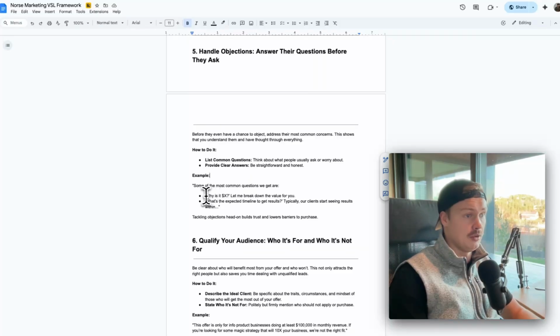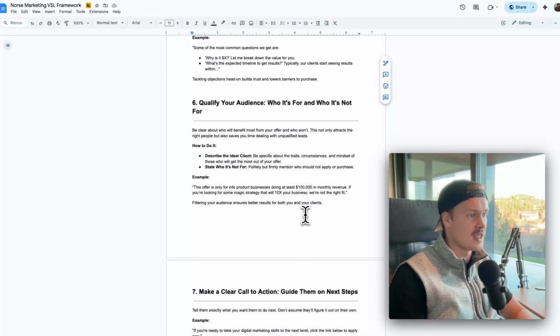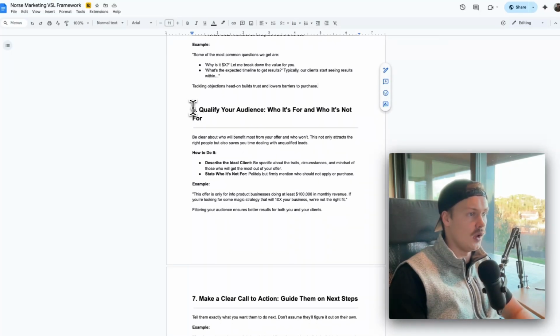So, for example, if it's the price, right? Why is it $10,000? Let me break down the value for you. What's the expected timeline to get results? Typically, our clients start seeing results within X weeks or X months, and tackling objections head on builds trust and lowers barriers to purchase. Then right after the objections, you qualify your audience, because you don't know, or you don't